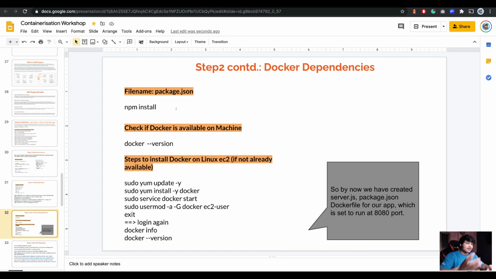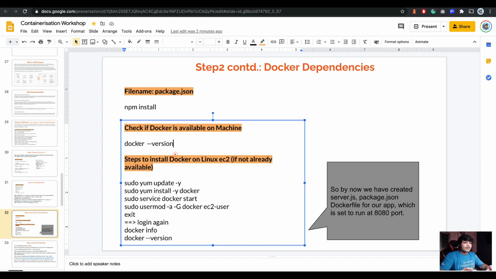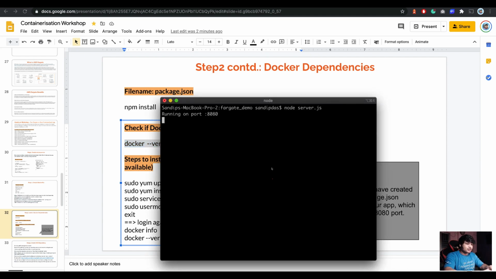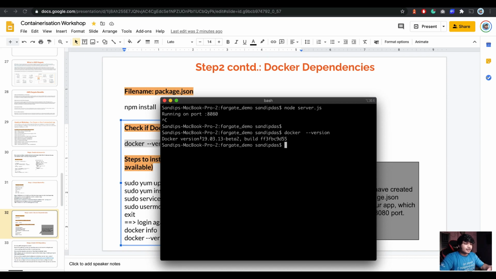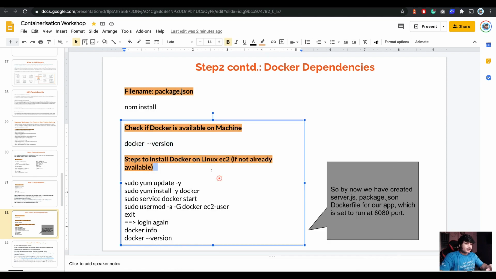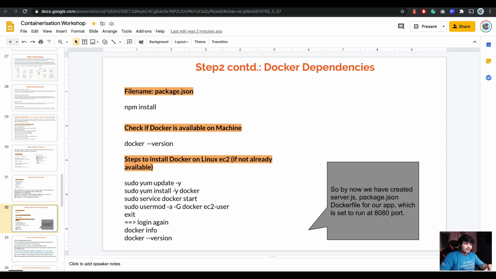We did npm install. Make sure that you have Docker installed. So let me show you. Docker is installed on my machine. Let's start the application. So Docker is installed, it's version 19.x. It's up to you what version you install, but you should always use the latest one. If you are doing this on a Linux EC2 machine, do that.